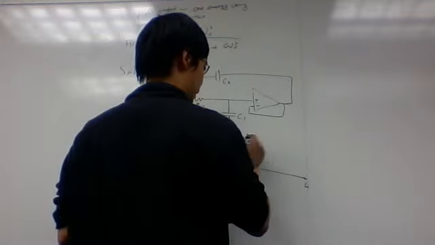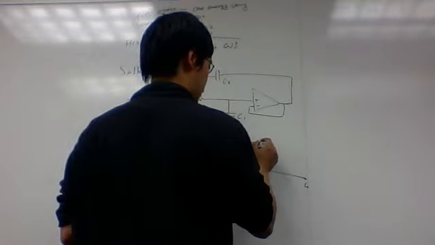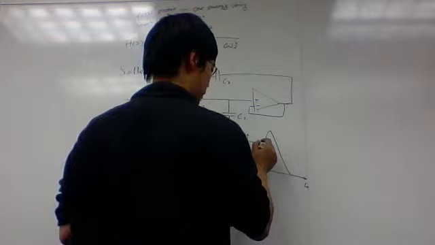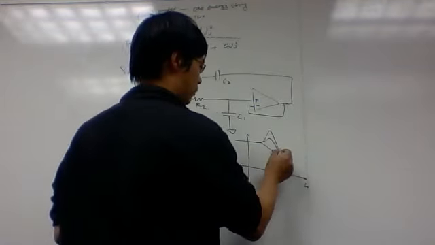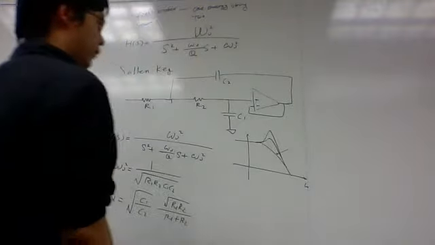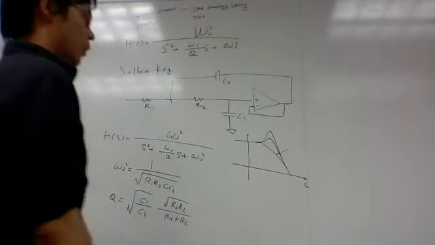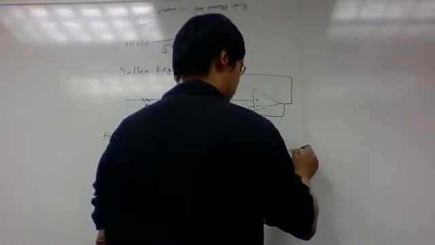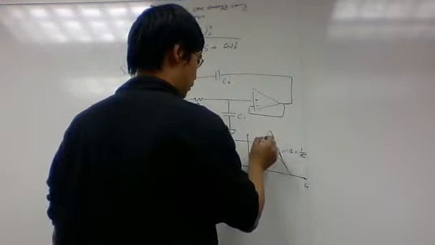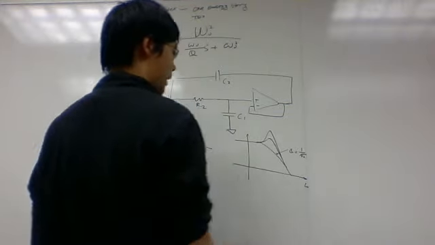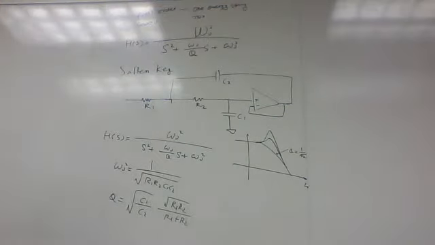I forgot to mention an important idea: you have all kinds of Qs, right? Q of 10, Q of 5. So there is something called maximum flat. For a maximum flat response, the Q is 1 over square root of 2. You don't have any peaking, so that's also widely used. So if we have to choose a Q of 1 over square root of 2,